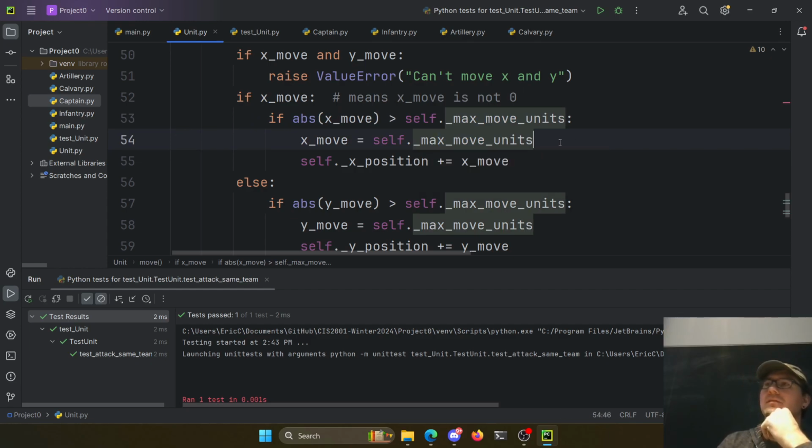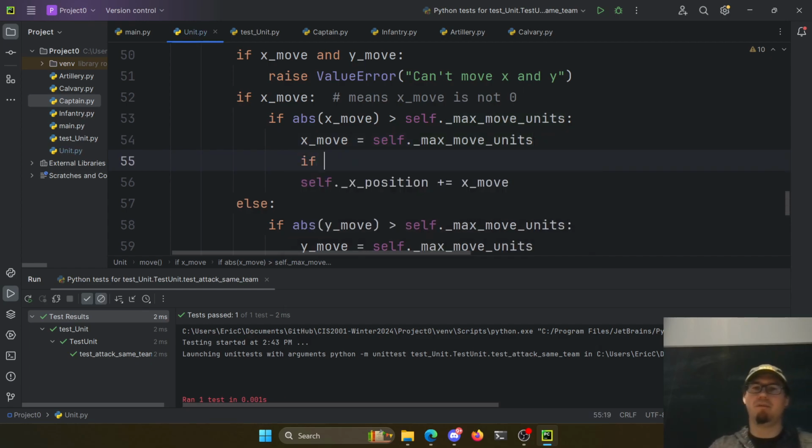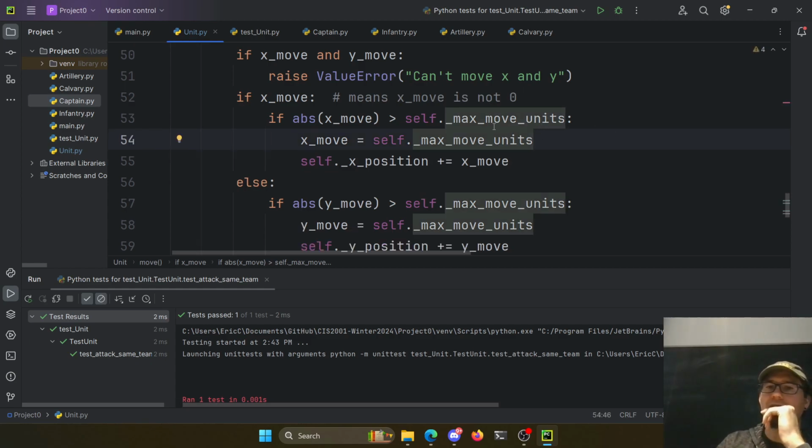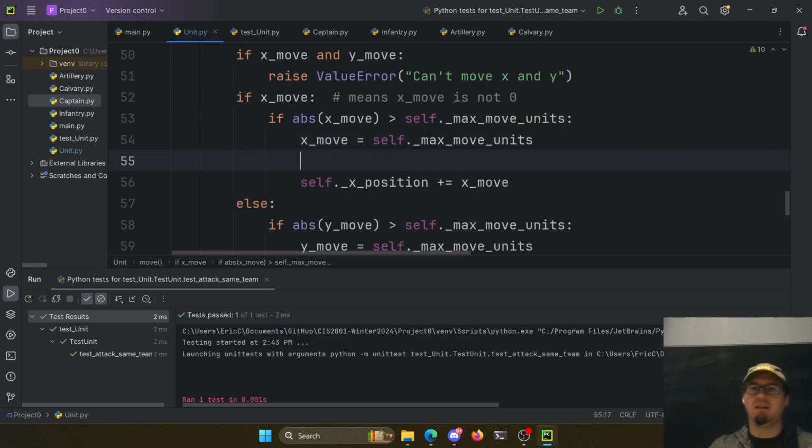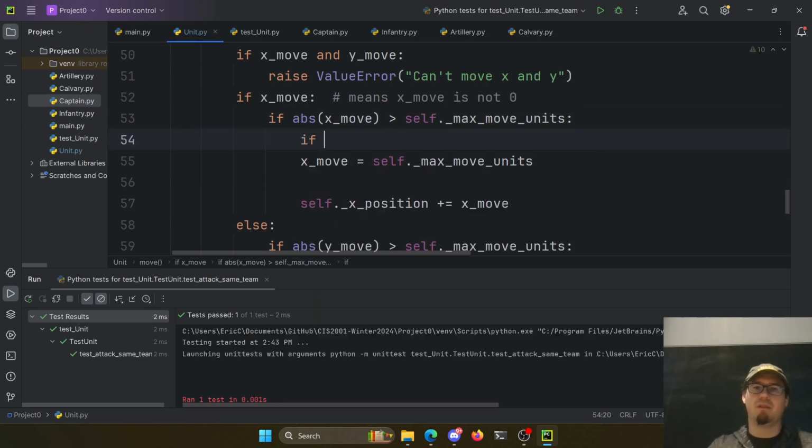Right? So I need one last check here. If my x move is, this is no good here. So if it's greater than that, set it here. And before I do that, if x move is less than 0,